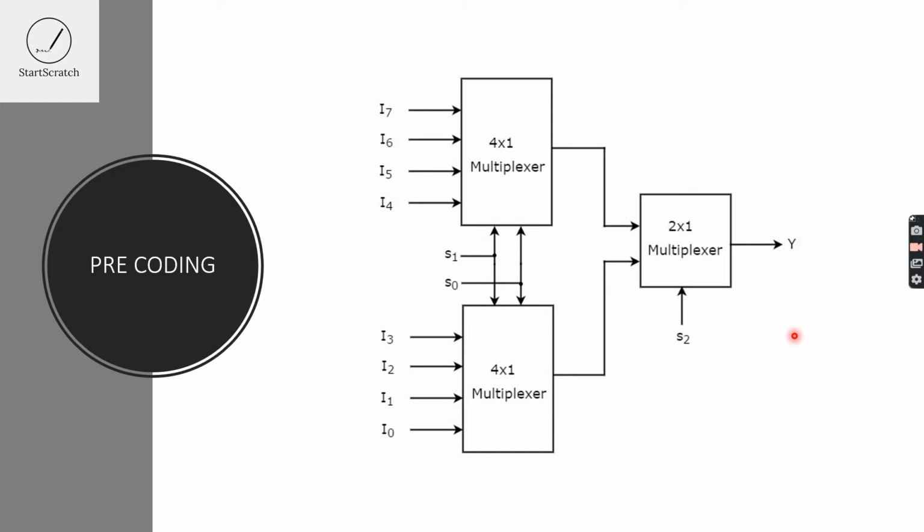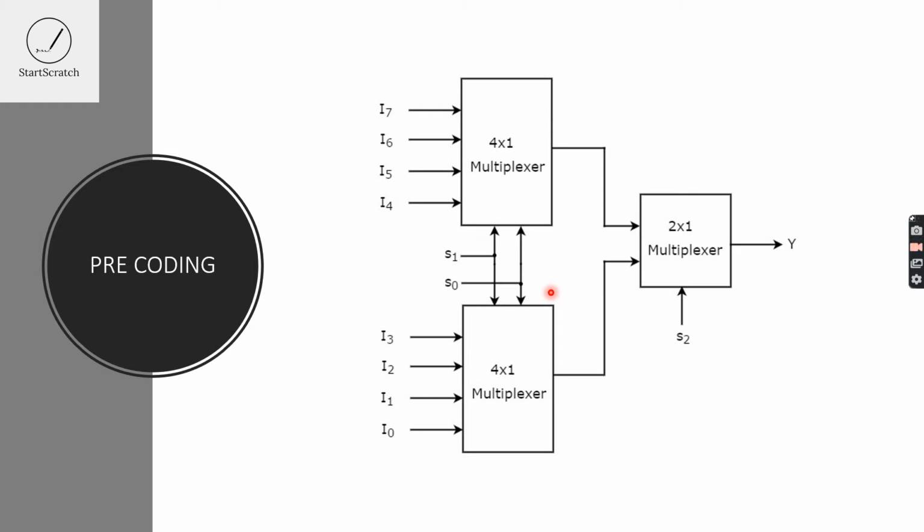Here you can see two 4:1 multiplexers and a single 2:1 multiplexer. And if you watch my previous video on 4:1 multiplexer, 2:1 multiplexer and even 8:1 multiplexer, you can easily identify its functionality while seeing the circuit diagram. No problem if you don't watch, but it is better if you watch my previous videos in the StartScratch